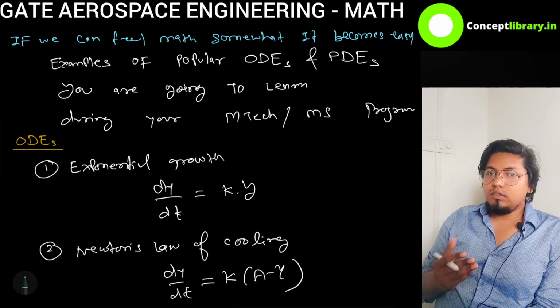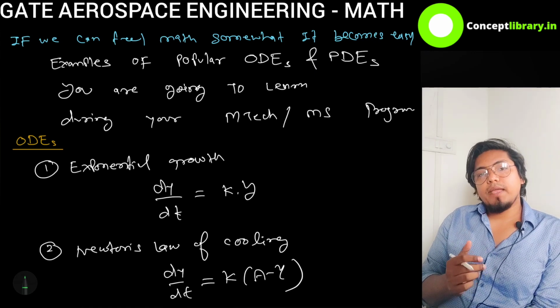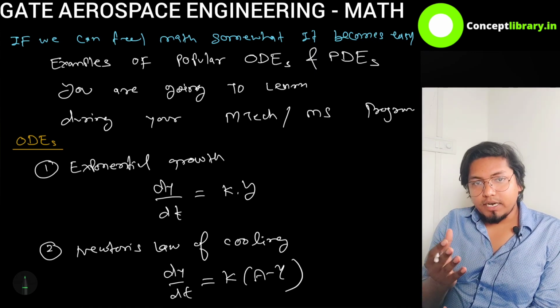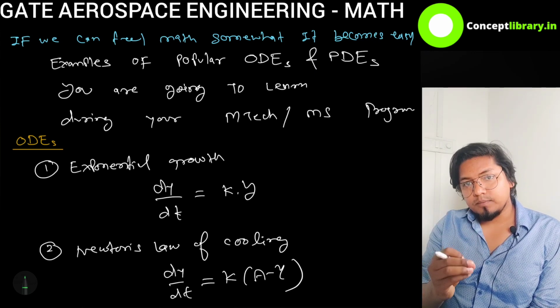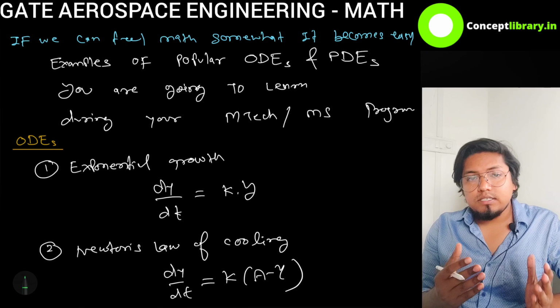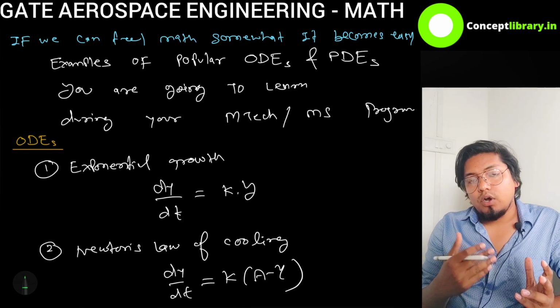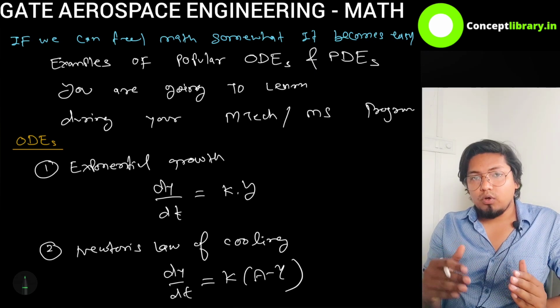I hope you have covered lecture 1. This is lecture 2, and in lecture 2, I will be giving you a complete idea and very complex and tough problems about degree and order. I will also teach the lesson about what is an autonomous equation, and I will also give you an idea of